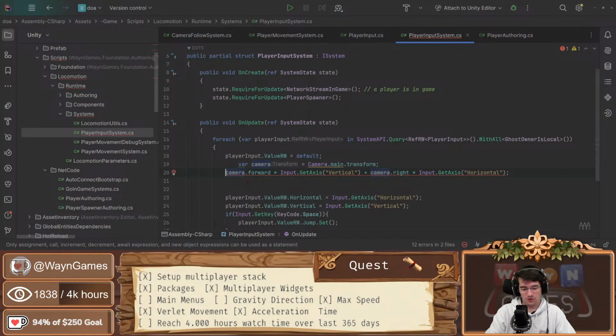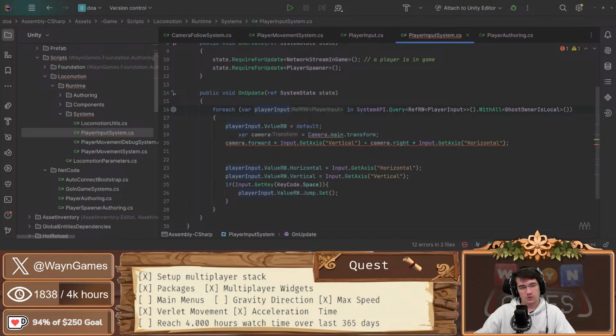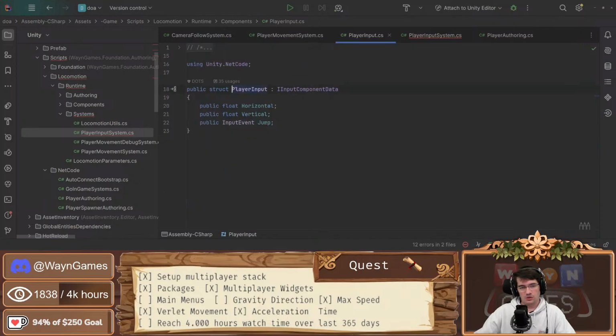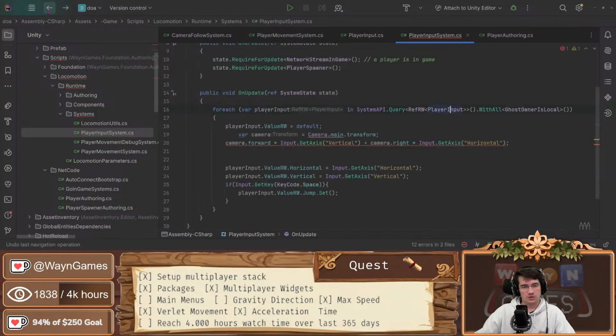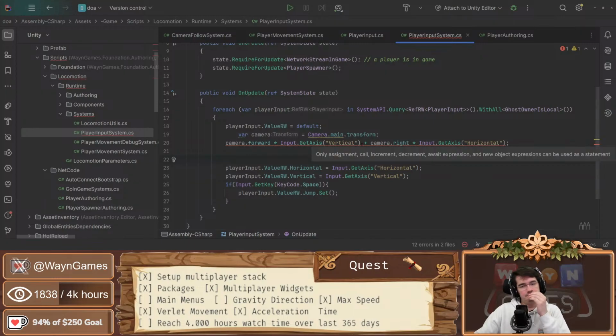Okay, and that will be my player input direction. Does that work like that? What am I doing? Yes, that will work